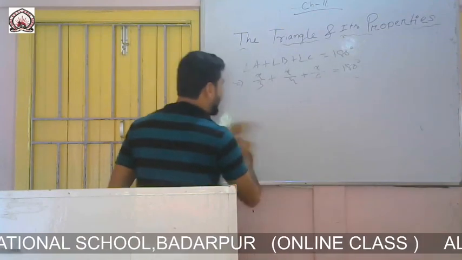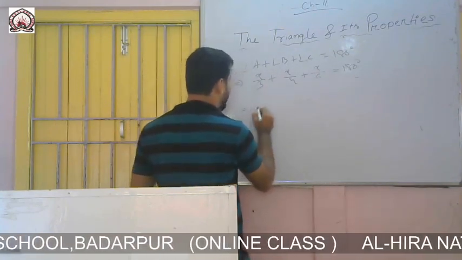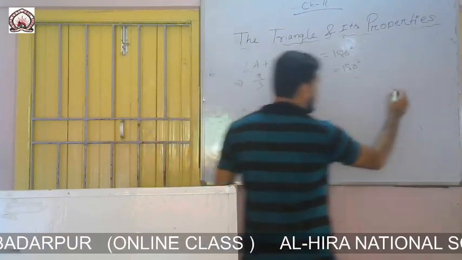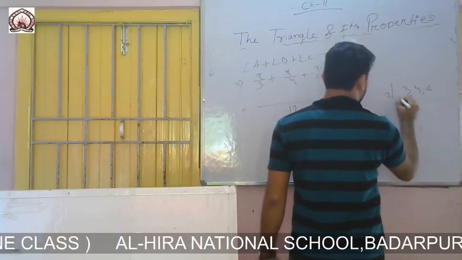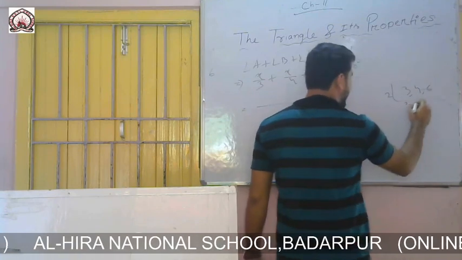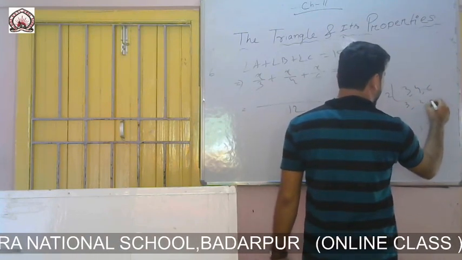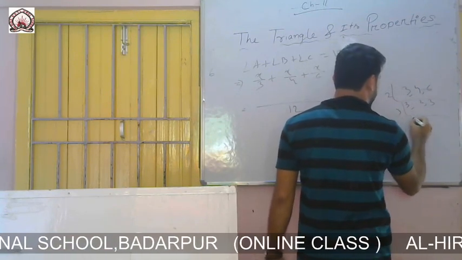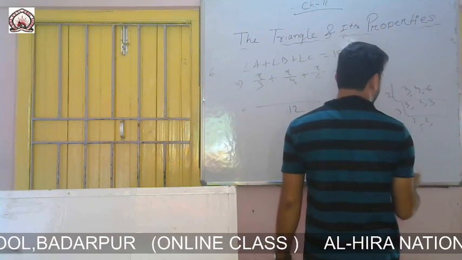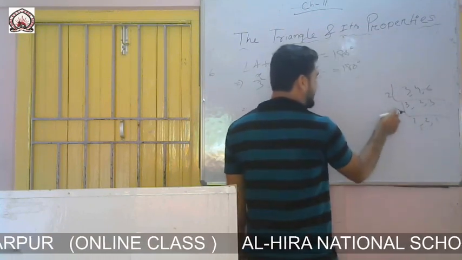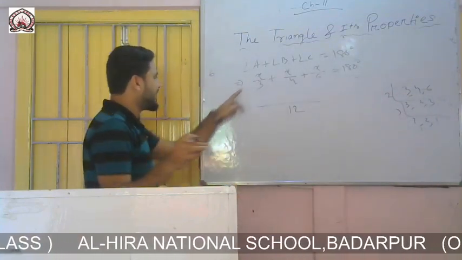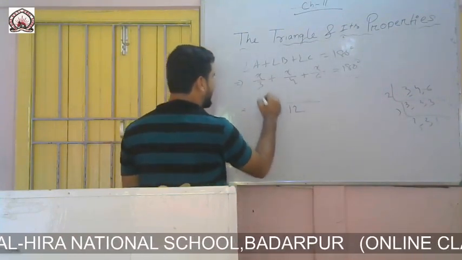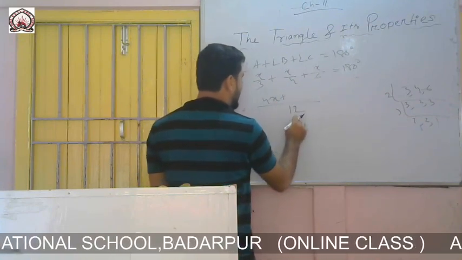Now I will take the LCM. If I take the LCM, then it will become 12. You see how? 3, 4, 6. Then if I divide by 2, it will remain as 3, 2, 3. Then if I take again 3, then it will remain as 1, 2, 1. Now if I multiply 3 2s are 6, 6 2s are 12. So 12 came. Now if I divide by 3, then I will get 4 into x, that means 4x, plus